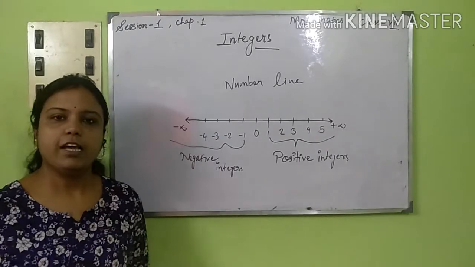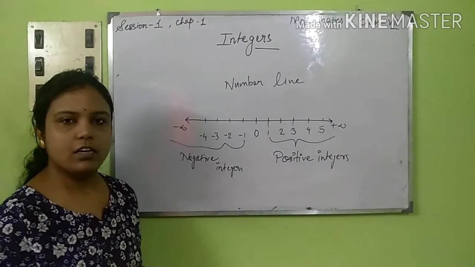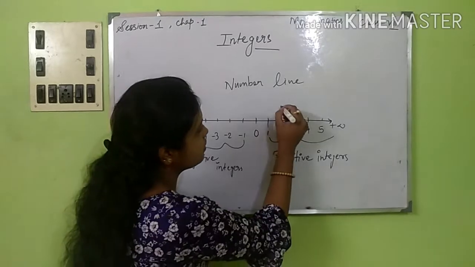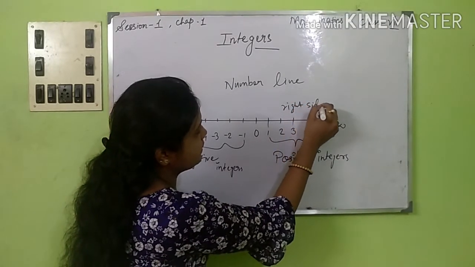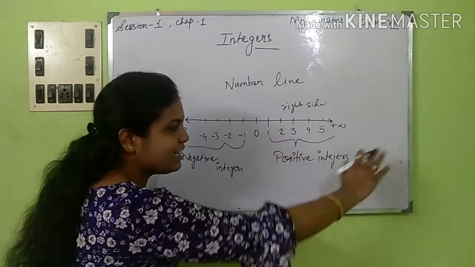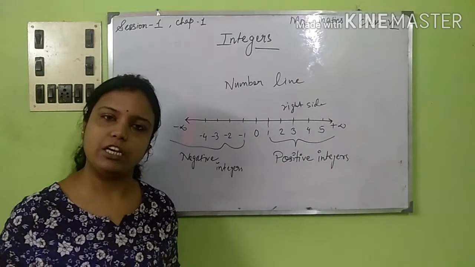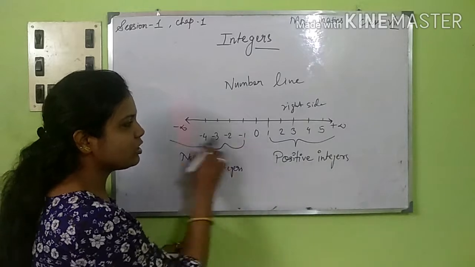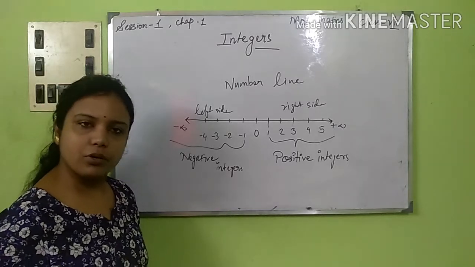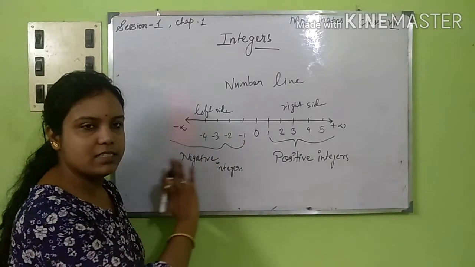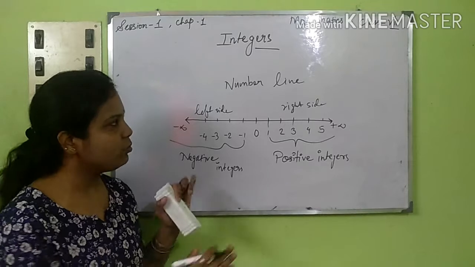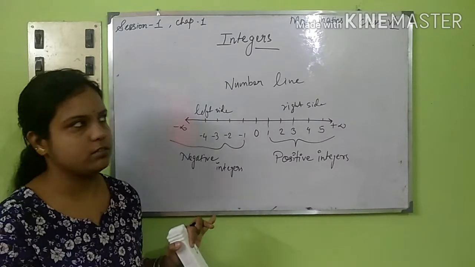Let's have a look. Now you can see I have drawn a number line. This is the point 0. Towards its right hand side, as you can understand, this is the right side, we have the positive integers, that is plus 1, plus 2, plus 3, plus 4 until plus infinity. So these are the positive integers. And what about the negative integers? The ones which are to the left side of the 0 are the negative integers, that is from minus 1 to minus infinity. So this is how we write the integers in a number line. I hope this picture is very clear for you to understand, right?